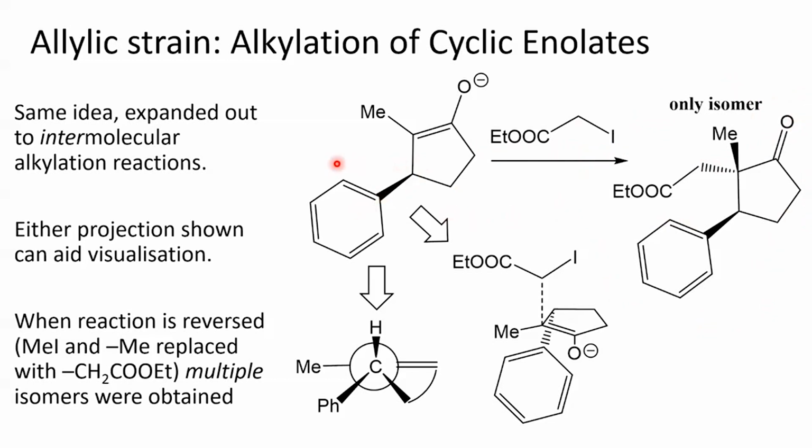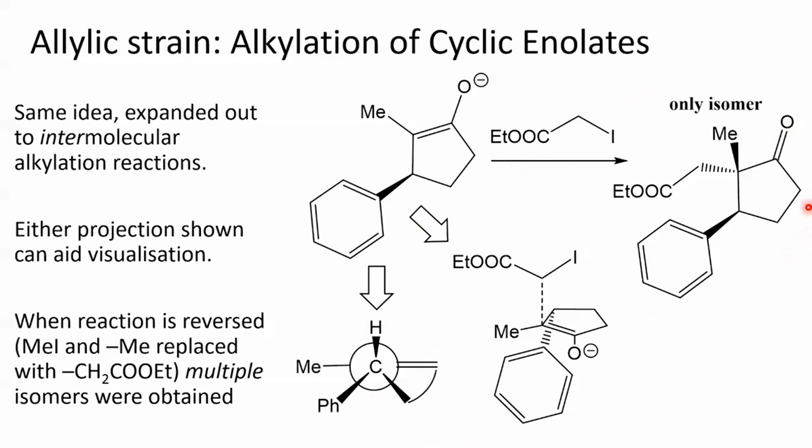Based on the reaction, it must be that the stereochemistry of this phenyl group is directing the addition of our reagent in this way. So, like before, the important thing is to be able to draw this chemical structure in this projection mode, where we're looking down this bond shown here. And what we effectively see is that the underside of this molecule is sterically blocked by this phenyl group, as well as the bottom of the cyclopentane ring. Because of that, in terms of the transition state, our iodoacetate is going to approach from the top of the molecule. There's no real room for it to approach from the bottom,